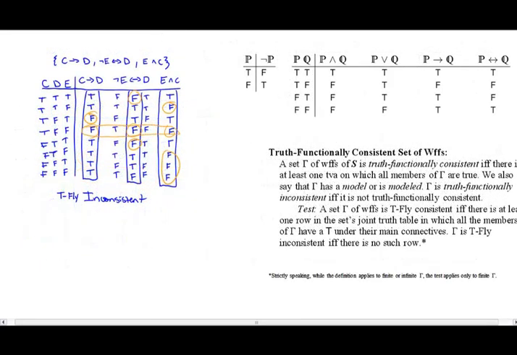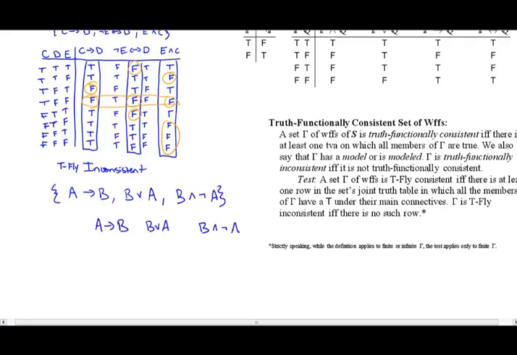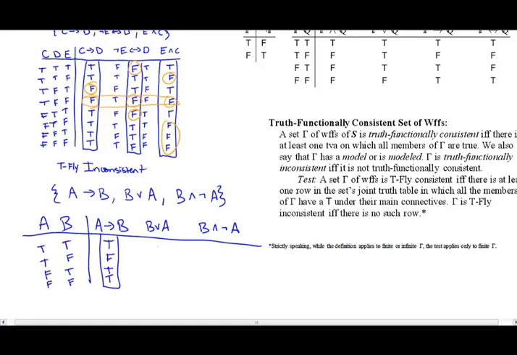Now we'll shrink that down a little bit and try another example. Let's take this set. Again, I'm just going to use 3 sentences here to keep this brief, but notice we only have 2 distinct atomic components here, so it'll be a slightly smaller table. So if we list these out, now if we look carefully here,